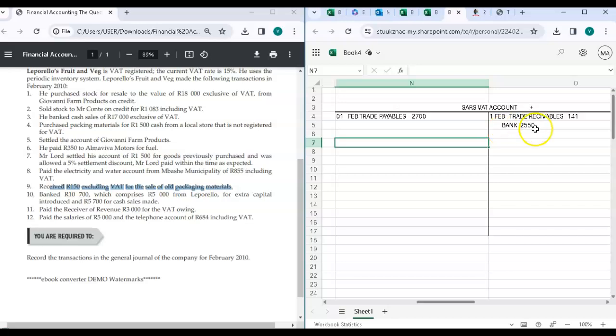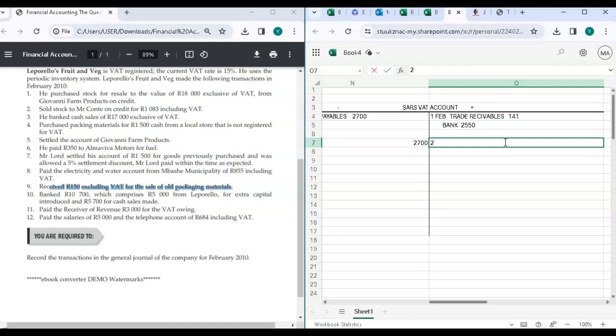Okay, now let's balance it. Which side is greater? Let's see, 2,550, 141. It'll definitely be this side, right? So skip a line, right? 2,700, because this is the greater side. So 2,700, and then on the other side 2,700. So right now we're balancing this account. Now when you balance accounts, on the smaller side you write the balance carried down. So okay, it's February, so the new month will be March. So 01 March, balance carried down,